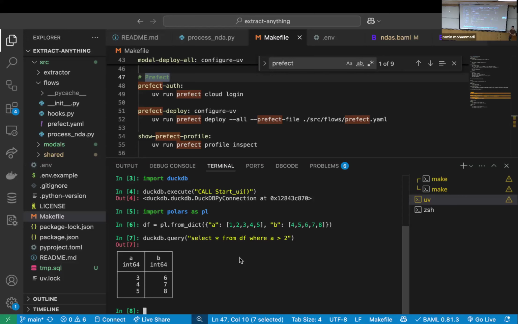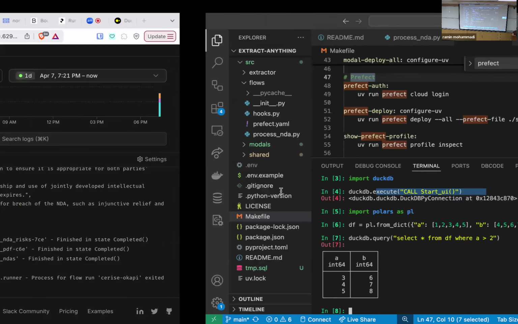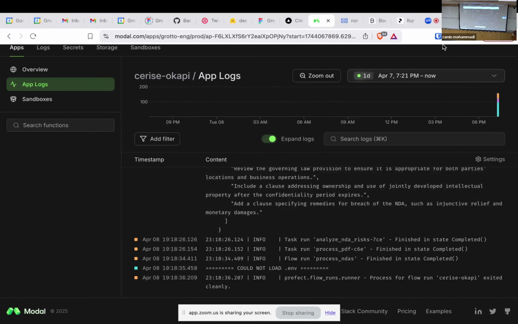Point is, DuckDB leverages these tools and makes it really, really easy to query things. What else can you do with it? Well, DuckDB has a UI. So I was saying before, to kind of close the loop,